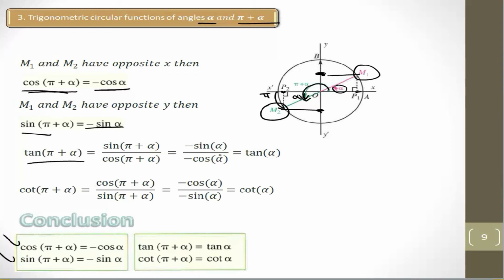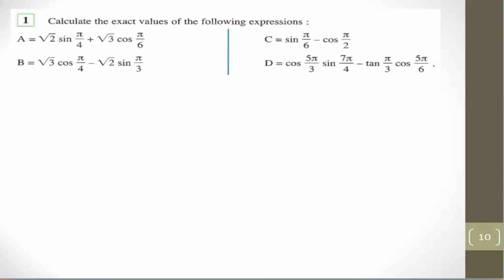And tangent pi plus alpha equals tangent alpha. Do it in the same way. You can deduce that it's tangent alpha, negative over negative is positive. Cotangent pi plus alpha equals cotangent alpha, and those are the rules here. We can conclude them. Okay, so this is the trigonometric circle, and these are some rules. We have more rules